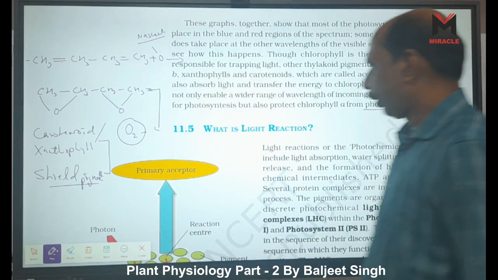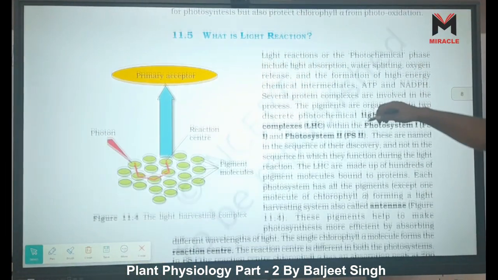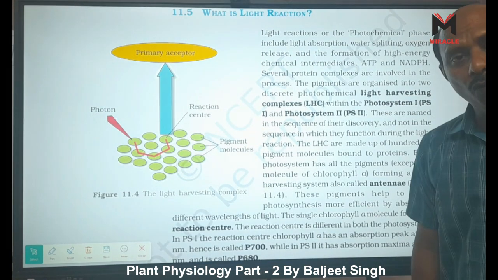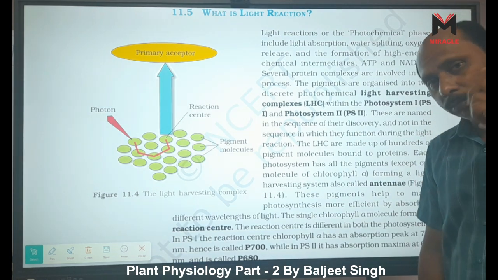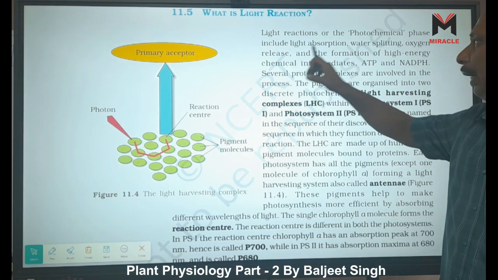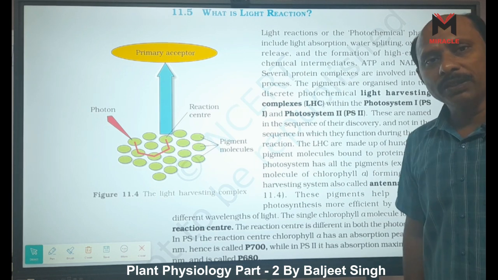Okay, what is light reaction? Now the next question is, what is light reaction? Light reaction, or photochemical phase. Photo comes from photon. Photon means light energy, because light energy is also processed in bundle form. It includes light absorption, water splitting, oxygen release, and the formation of high energy chemical intermediates, which are products that